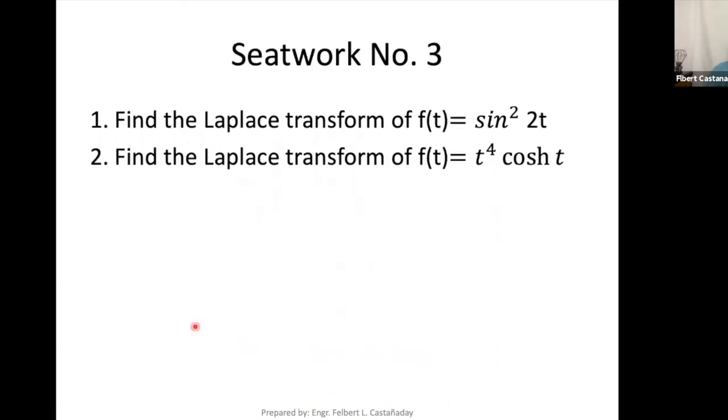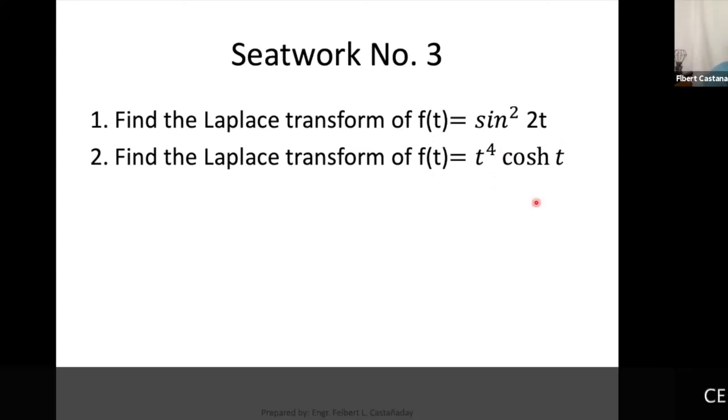For your seat work number 3, find the Laplace transform of sine squared 2t. We did cosine squared 2t, now you do the Laplace transform of sine squared 2t. And then for number 2, t raised to 4 times hyperbolic cosine of t. I already introduced to you the identity for hyperbolic functions. So just to recall again,